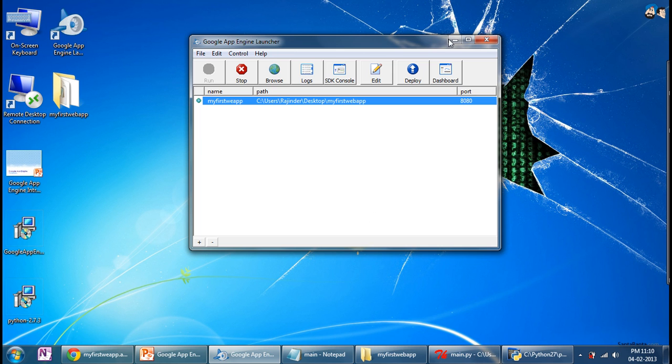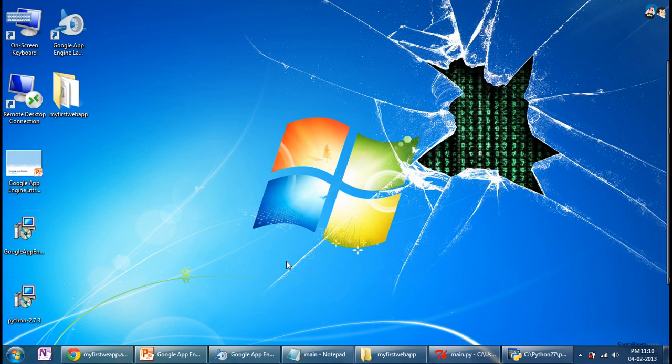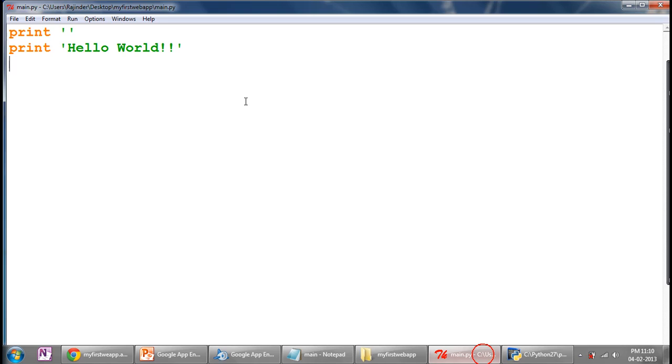Okay, now let's make this somewhat more difficult code. One thing is we have created this code and this code is just a console code of Python, but we are going to build some web applications. So for a web application we require a framework. There are basically two frameworks. One is webapp, second is Django. Okay, in this tutorial I am using webapp, but you can use Django. It's better than webapp. It provides all the validations by itself, but webapp doesn't provide the validations. But for the starting purpose we are now discussing and using webapp.